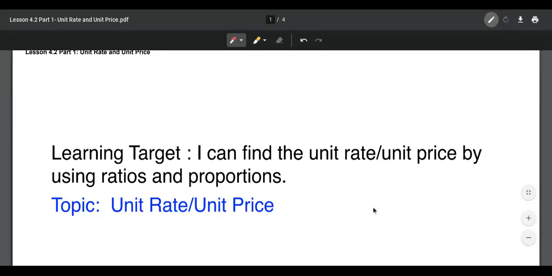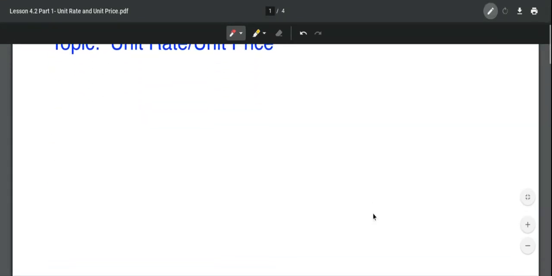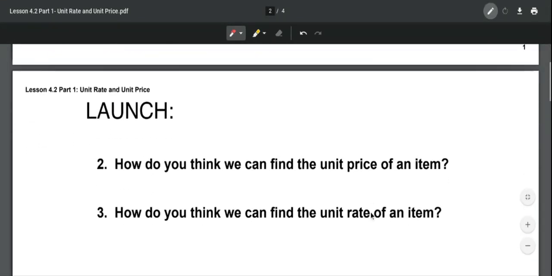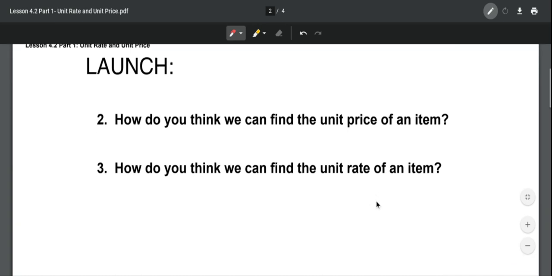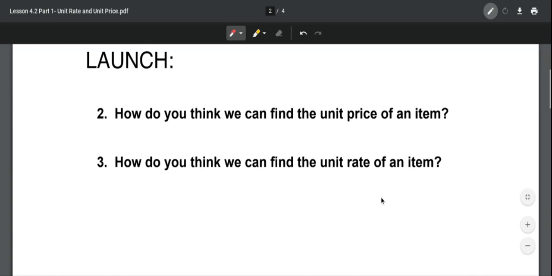Hello. In Lesson 4.2, Part 1, we will be learning about unit rate and unit price. We will be able to find the unit rate or the unit price by using ratios and proportions. Let's begin by looking at the basic way of how we can find the unit price and unit rate of